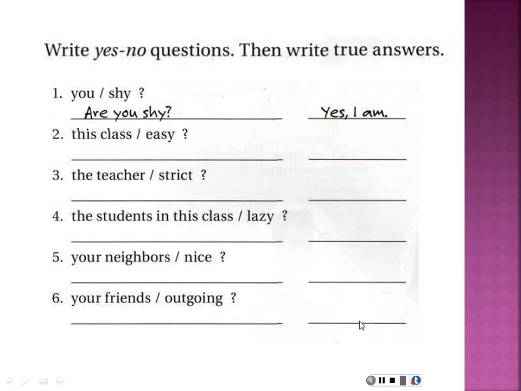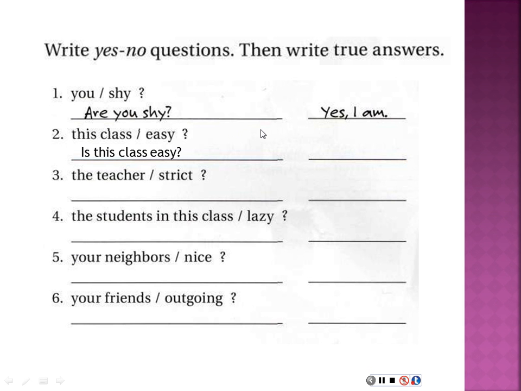What is the verb to be which is appropriate for this class? فعل الكون المناسب ل this class. This class is singular and it is neuter. We deal with it, we treat it as it. So let's see the question. Is this class easy? هل هذه الحصة سهلة؟